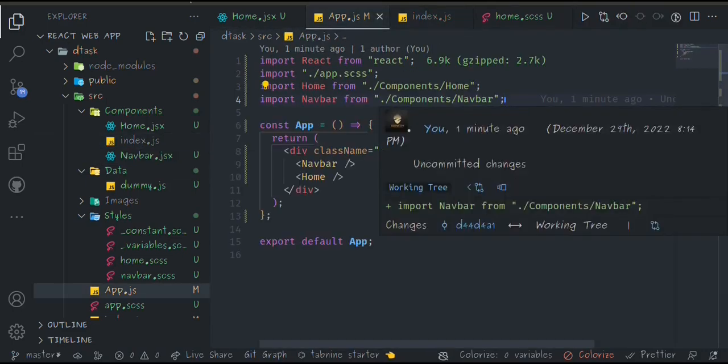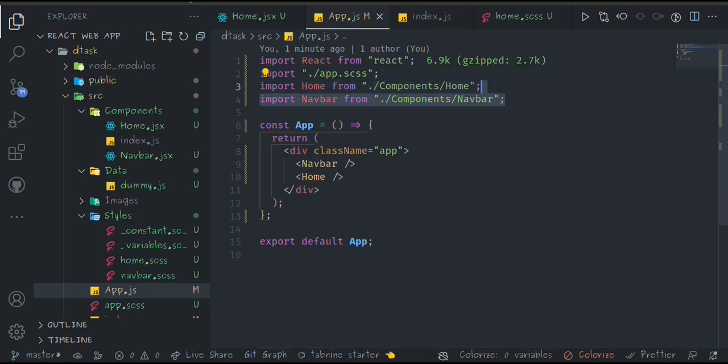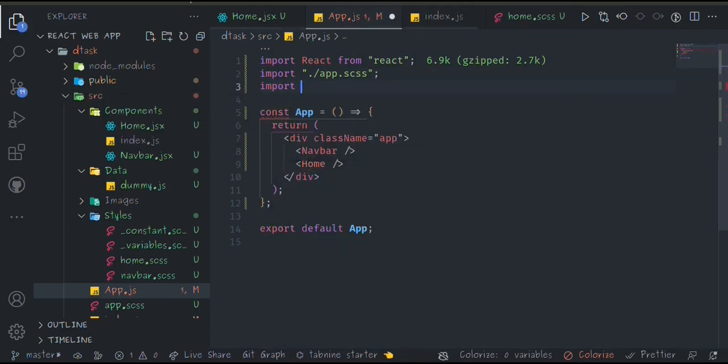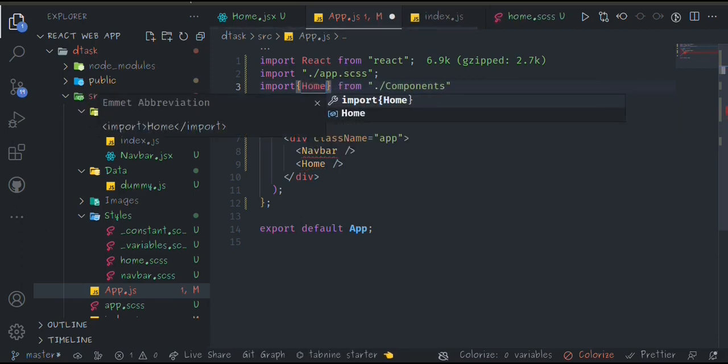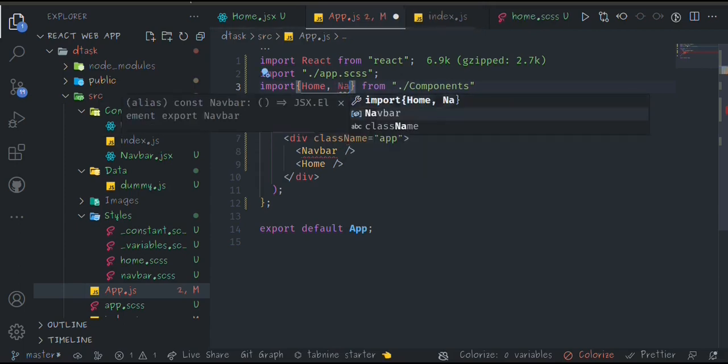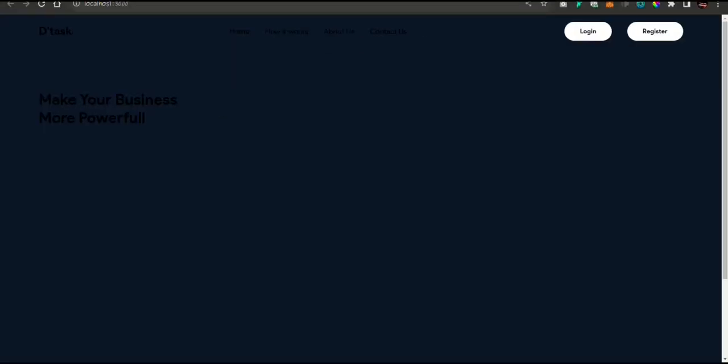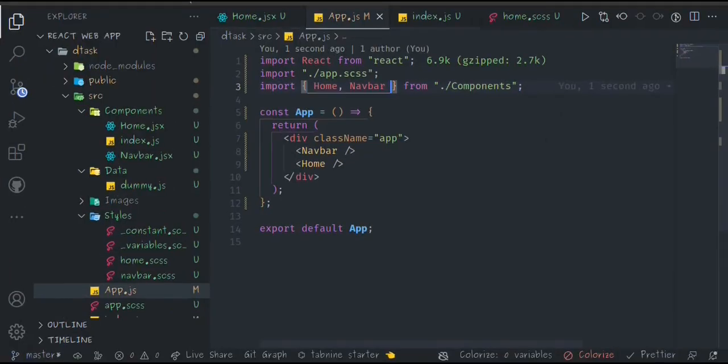Which means that in the app.js file, we just need to say import in curly braces from components, just like that. And now we are importing home, and also we are importing navbar like that. And if I save here, everything is still working as planned. Nothing changes. Okay, great. So now inside of our home,